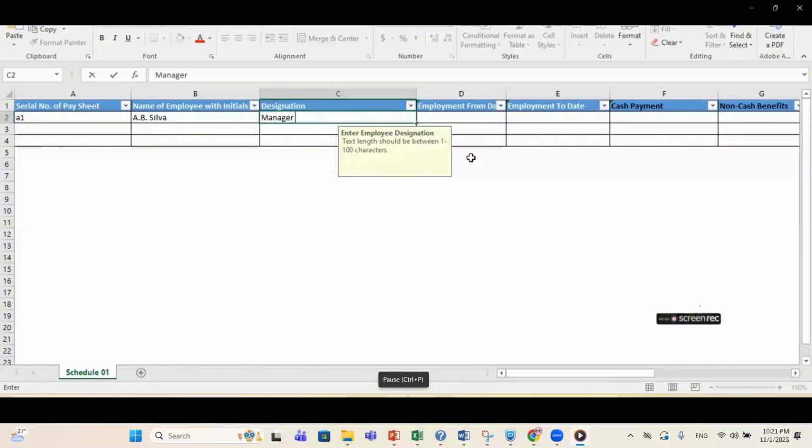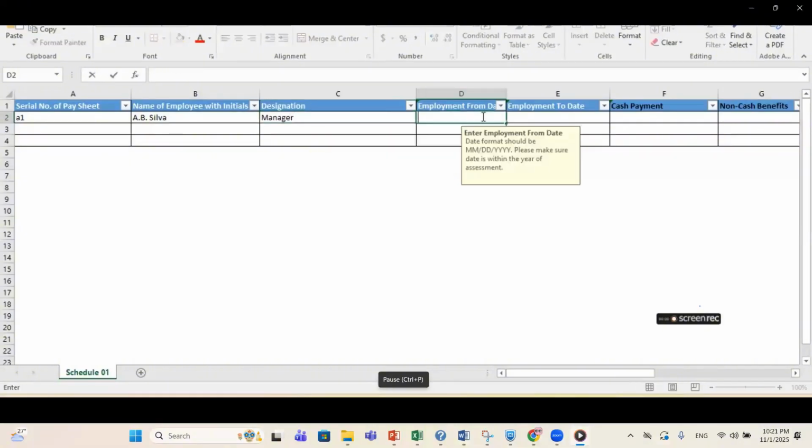Here you have to enter the data as specified in this Excel template. You can see the date format and some information are specified here.